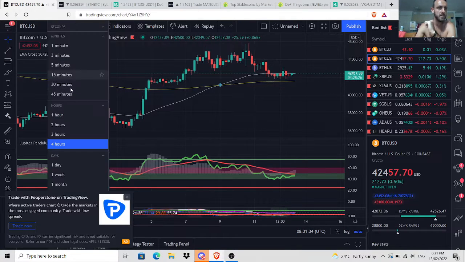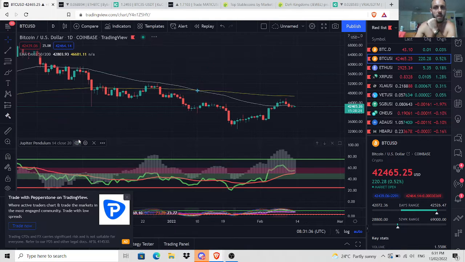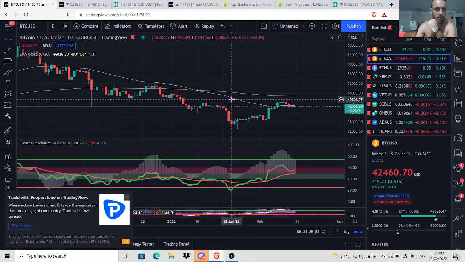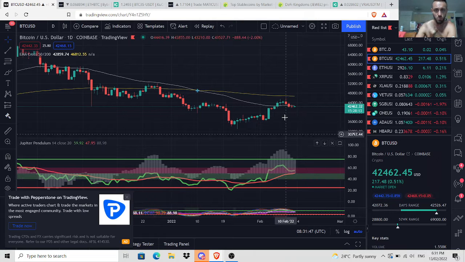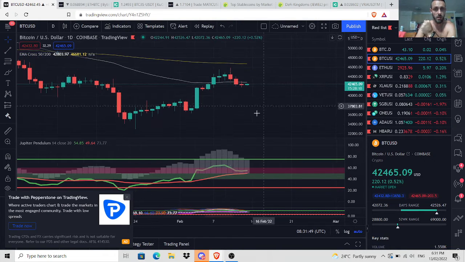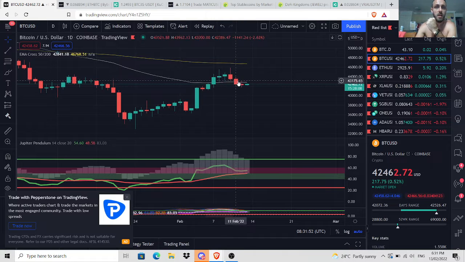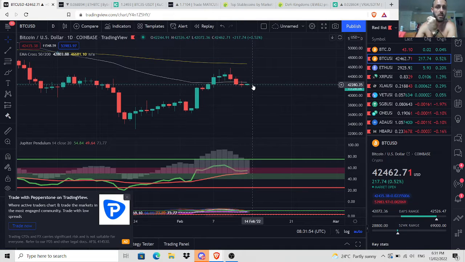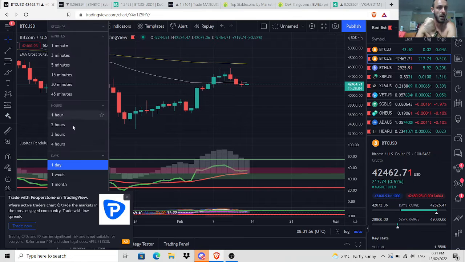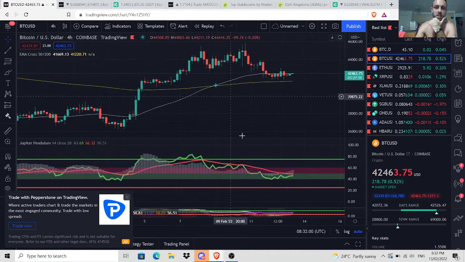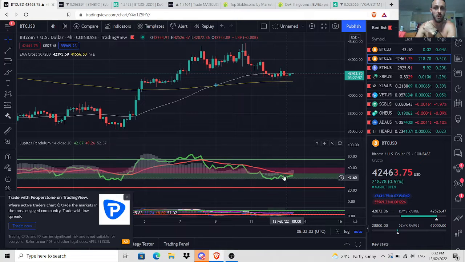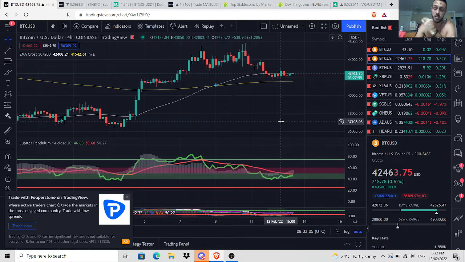Now if we zoom back out to the daily, this is key. Do you know why? Because this yellow line is actually the white line. White line is the 50 moving average, which represents the middle of the RSI. So if we're above that, we're bullish, and if we're below that, we're bearish. Right now we're holding on to it. Okay, on the RSI we're above it, and on the price action we're slightly below it, but on the 4 hour, if we're going to bottom out here, we will get above it. Right now we're above both EMAs. We're in the buy zone, we're printing bullish divergence, so it's very, very interesting.